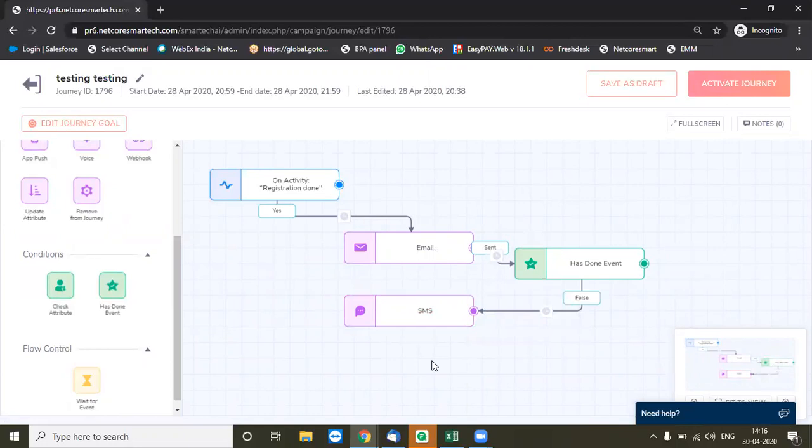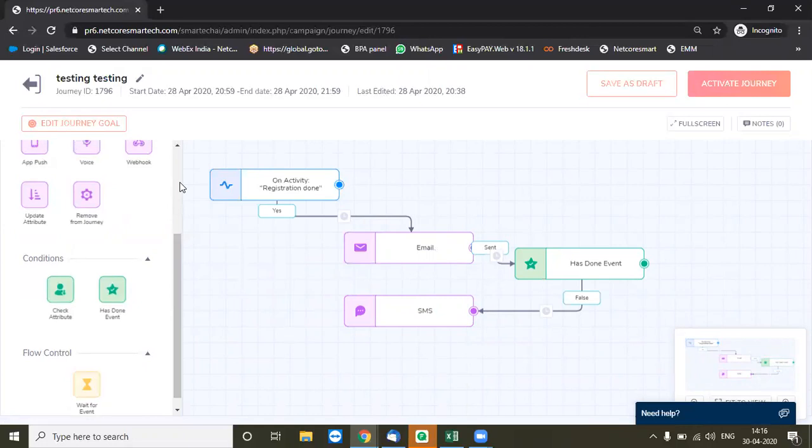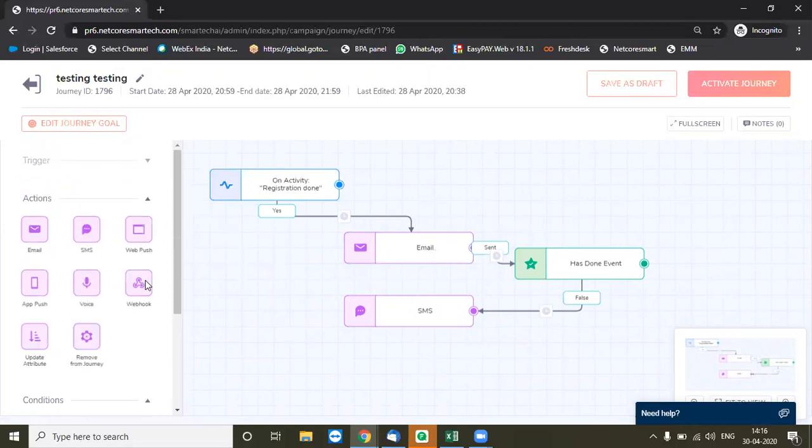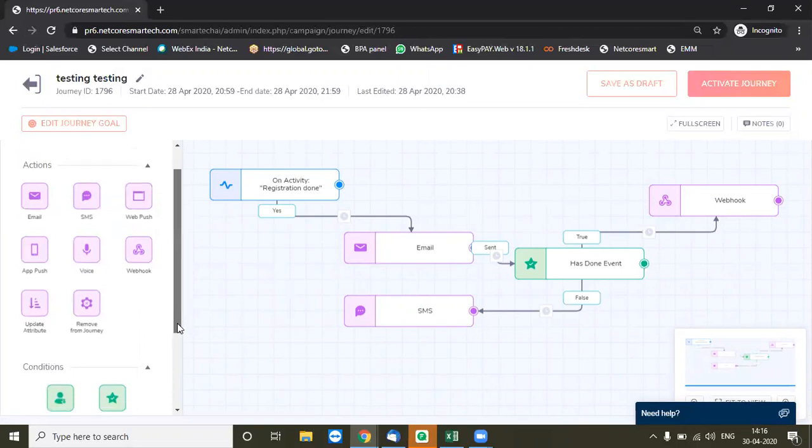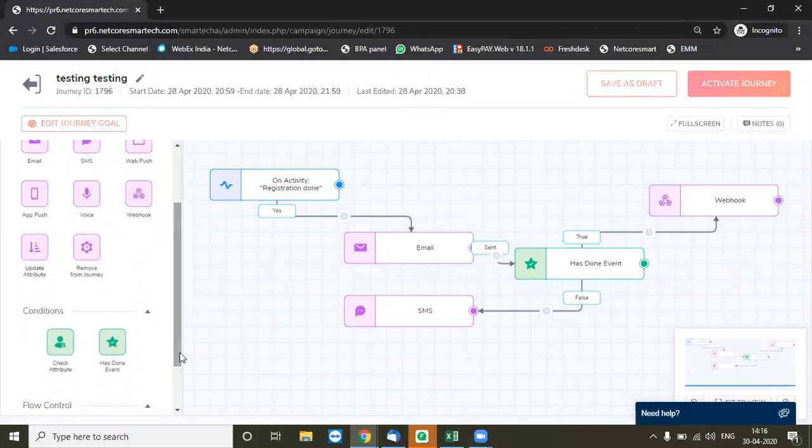This has certain added advantages of using webhooks on a real-time basis. A webhook is a direct linkage that we can connect from this platform to your database center, your CRM, or your call center team. So I can use a webhook call over here. I can use approximately 5 channels: email, SMS, web push, app push, or voice. Along with this, we will also have WhatsApp. We already have it, it's just that on this UI I'm not able to show it. Of course, it pertains to the use case that has been approved.